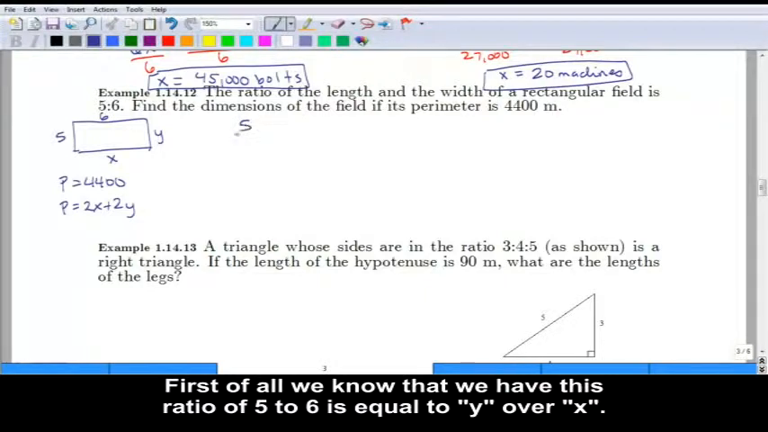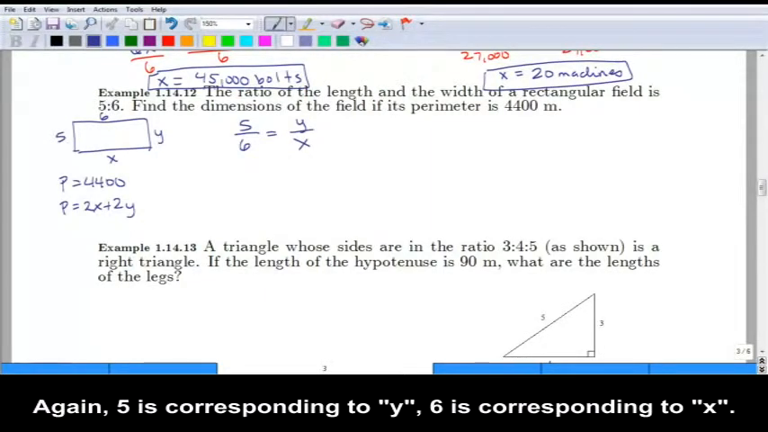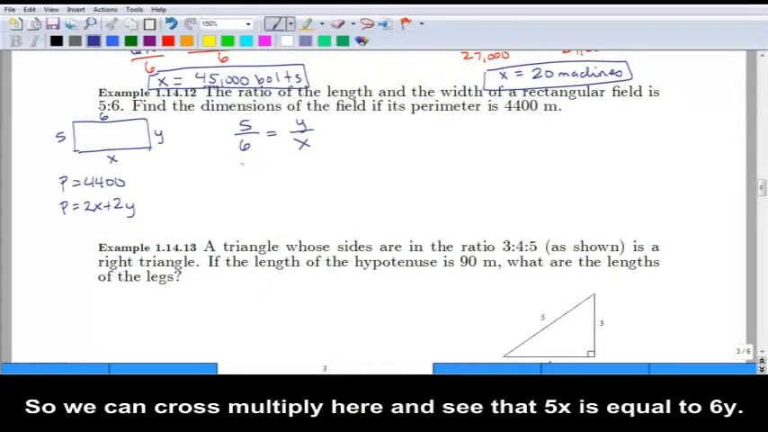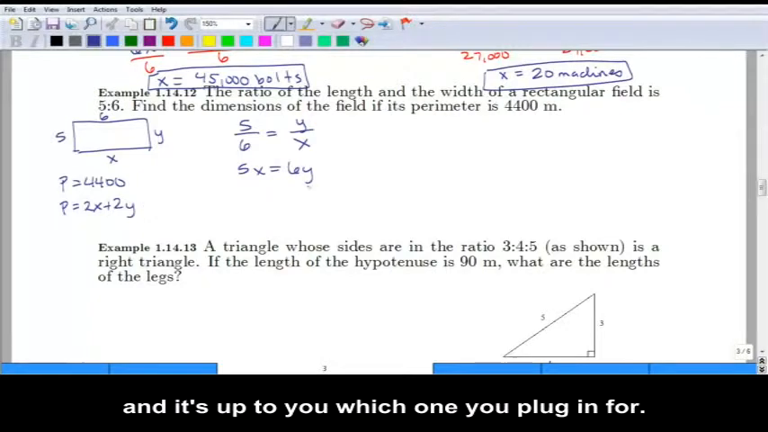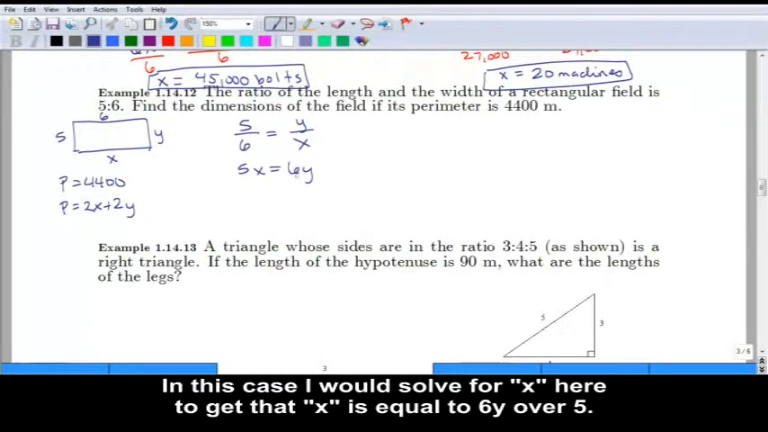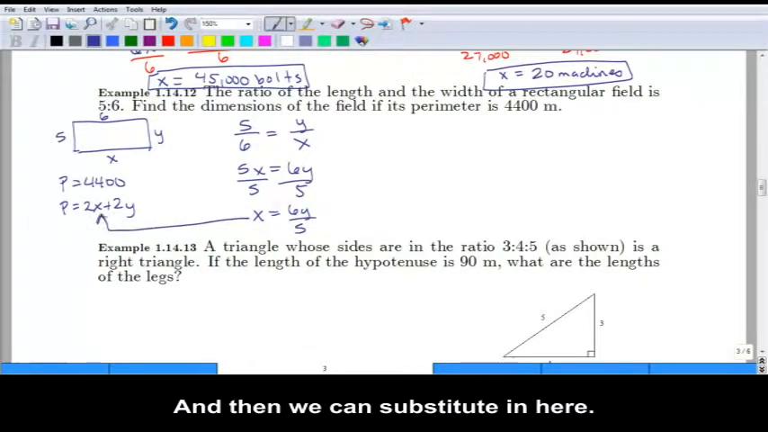First of all, we know that we have this ratio of 5 to 6 is equal to y over x. Again, 5 is corresponding to y, 6 is corresponding to x. So we can cross multiply here and see that 5x is equal to 6y. Now that we have this information, we can plug it into the perimeter equation, and it's up to you which one you plug in for. In this case, I would solve for x here to get that x is equal to 6y over 5,